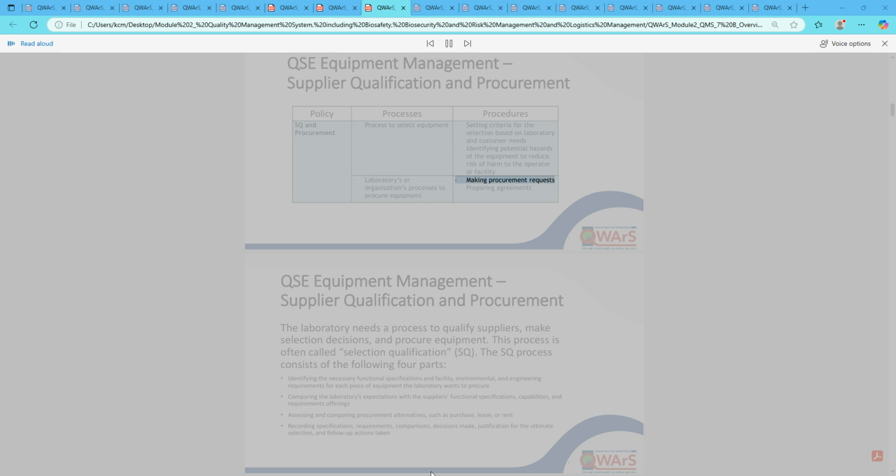Preparing agreements. The laboratory needs a process to qualify suppliers, make selection decisions, and procure equipment. This process is often called selection qualification, SQ. The SQ process consists of the following four parts: identifying the necessary functional specifications and facility, environmental, and engineering requirements